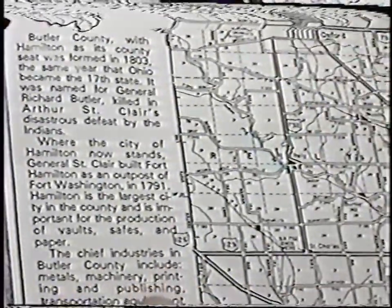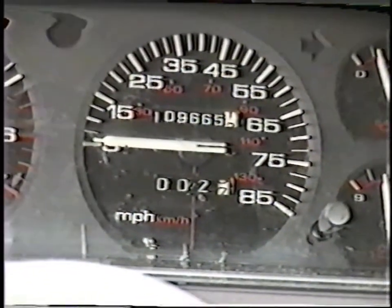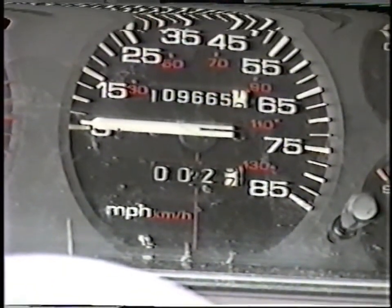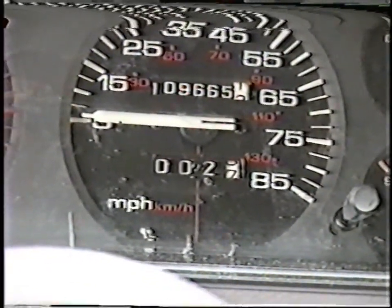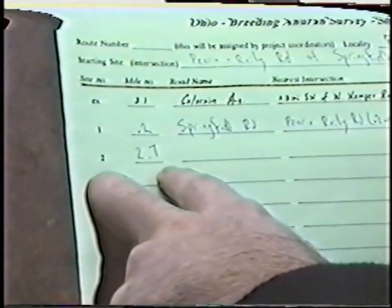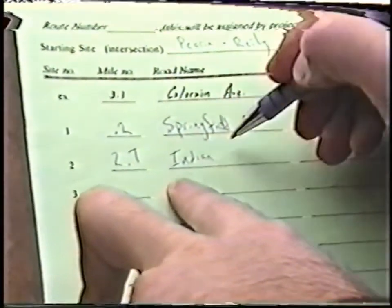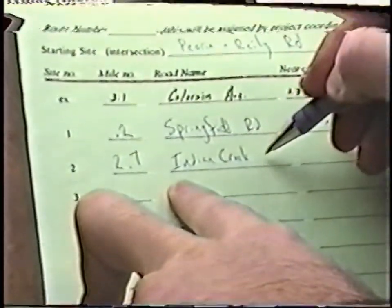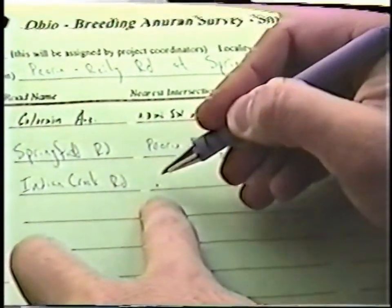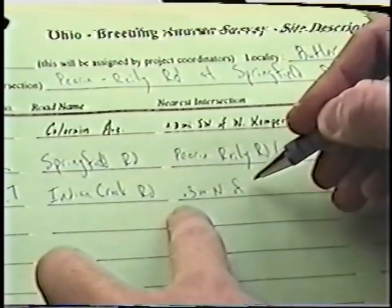Now we'll look at the mileage. The odometer now reads 2.7 miles. And that would be 2.7 miles from the beginning site that we marked as 0. Okay, so we're 2.7 miles from the starting point. This is Indian Creek Road, and we're about 3/10 of a mile north of Springfield